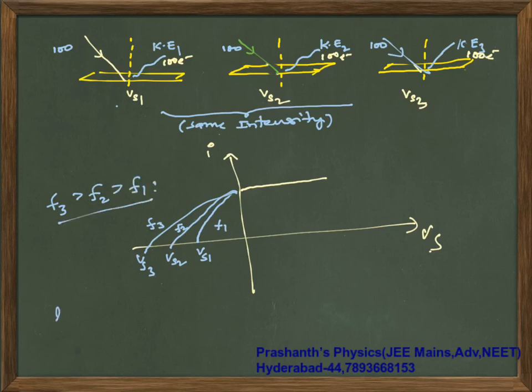Why, I will tell you. Now your incident energy Hf incident is equal to your work function plus E times stopping potential. Now, the more the magnitude of stopping potential, the more the threshold frequency, right? So your work function is changing, but to balance this, these two should be like that, because the same number of electrons are coming out. So to balance this, it should be like that. Hope you have understood what I have explained. If you have any doubts, you can just let me know, you can come to me.